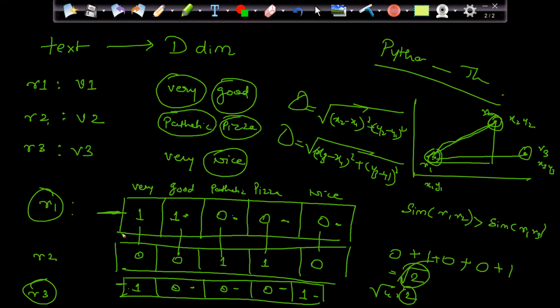That means R1 and R3 are of the same type because the distance between R1 and R3 is less than R1 and R2. And that makes sense. Very good, very nice. They are of the same type. Pathetic pizza is altogether a different review, negative review. And that is what we saw here.